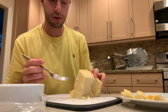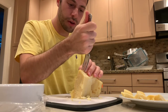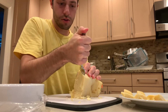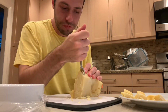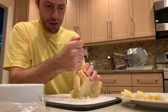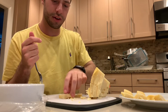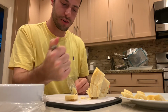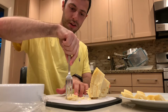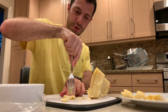And the third and final method I'm going to try is going straight down with the, I guess, the bristles or the prongs of the fork over here. So let's see how this works. I'm going to press down all the way, and because of the nice isolated edges, it goes down nice and easily. But I think I might have to use a little force forward to try and pry. Actually, this method kind of made a nice little fork line. It quite easily got the cheese separated from the rest of the block, although not very optimal for cutting a piece. I have to just continue to stab until it has enough holes between the...